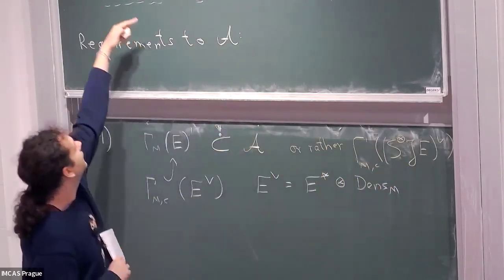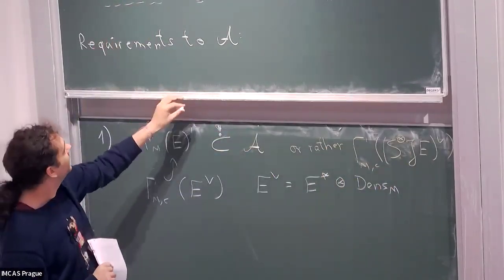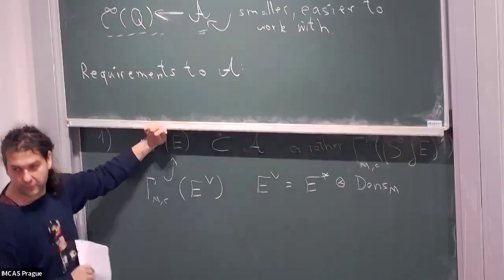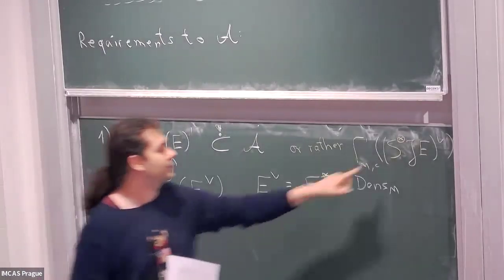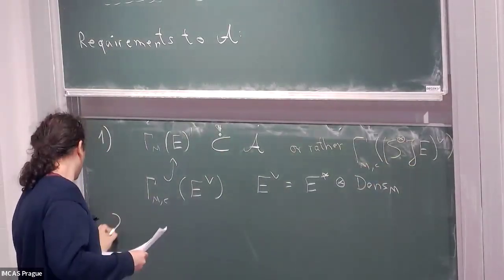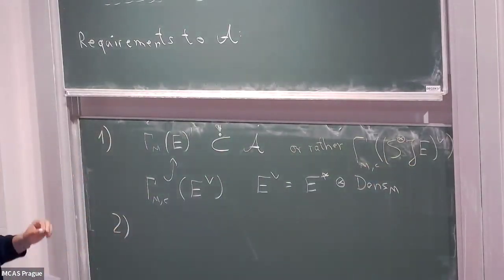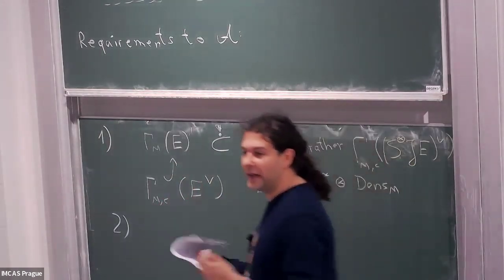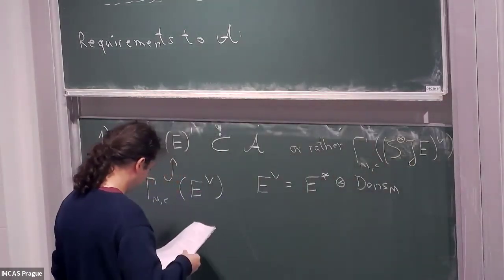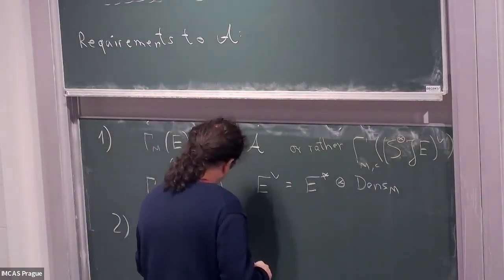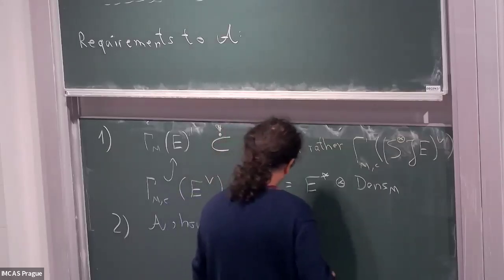Okay, so we want this to be in A, and the moment we allow those expressions, the map from A to functions on Q stops being injective. So maybe I'll write a map here, because this description would allow some redundant information. Okay, so one thing which would be reasonable to require of the algebra A is that A be commutative. So A should be commutative.